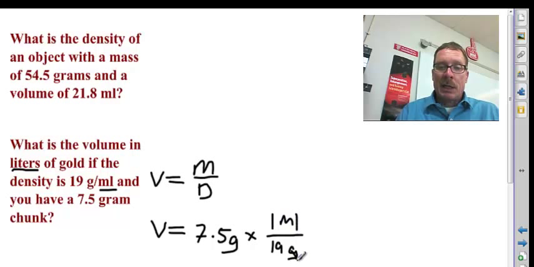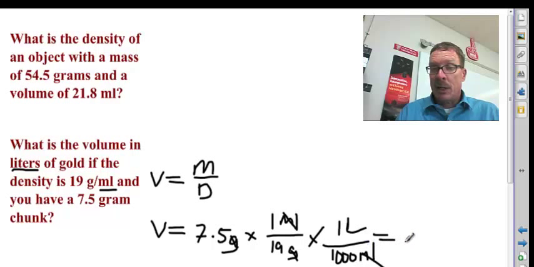And then what I see is I can cancel the grams out. And now I have my milliliters and I want it in liters. Well, 1 liter, pardon the L, is 1,000 milliliters. And what I see by dimensional analysis is I've canceled out everything but the liters, so I just do the math, which turns out to be 7.5